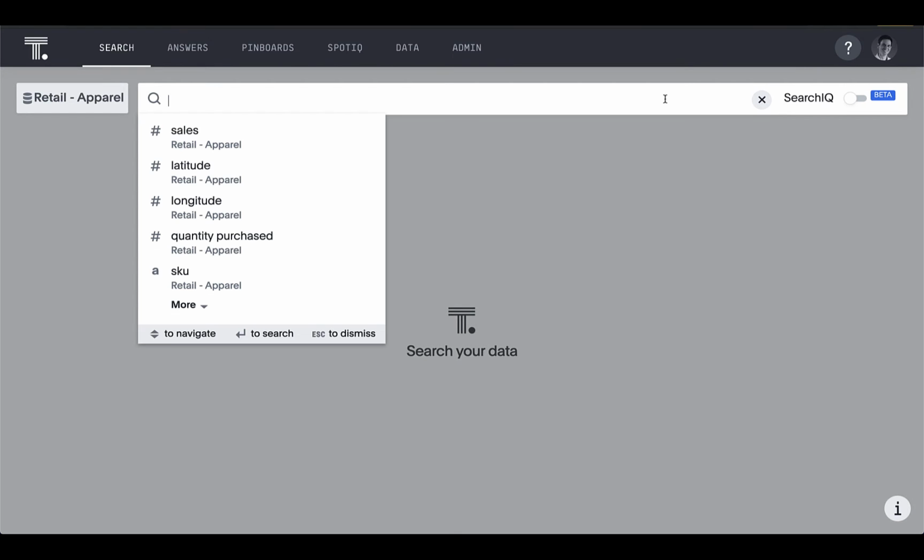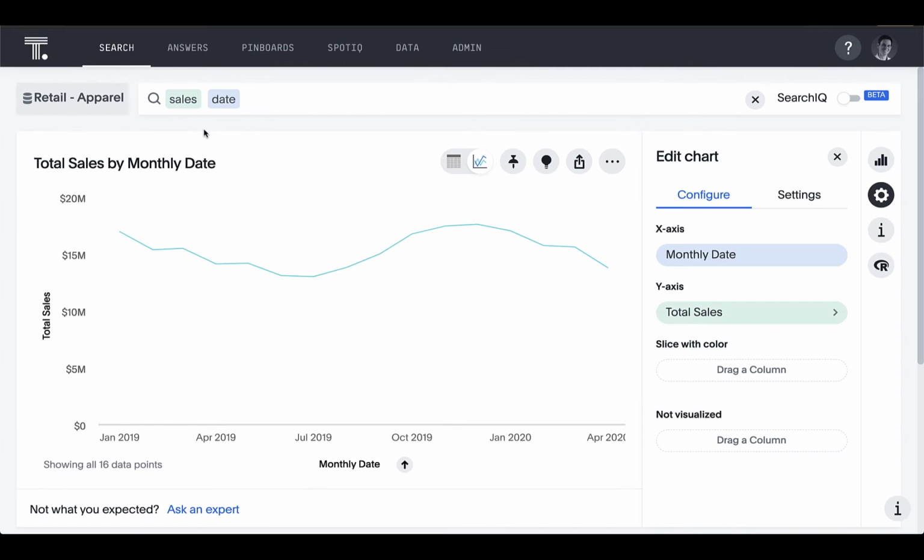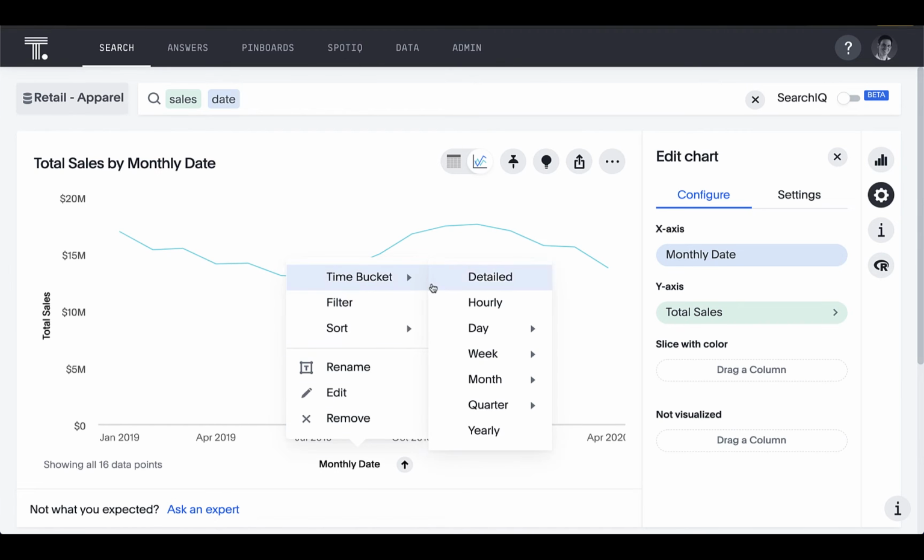Now let's say you wanted to see how a measure is doing over time. If I search sales and date, here I see my total sales over time. Here I see my sales monthly. If I want to change the time bucket for this chart, I can click on date, which is in my x-axis, and go to time bucket and change this to quarterly